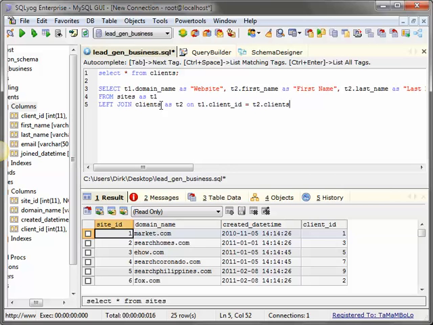This is where the two tables will join. They have a common field named client_id. Okay, so that's about it.